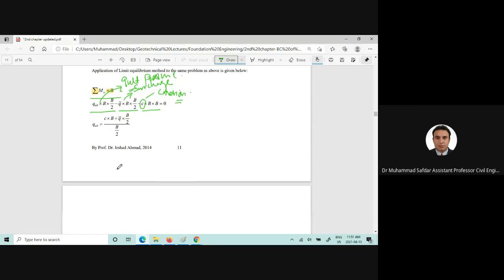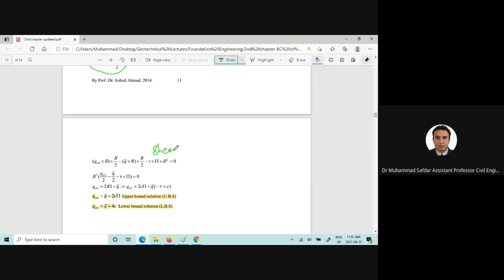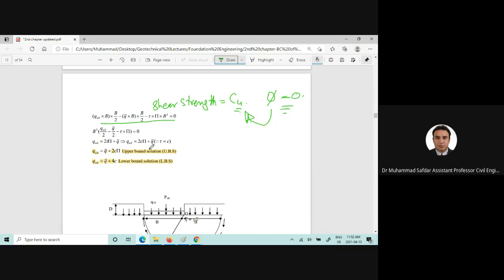So if we simplify that equation, we will reach this equation, and if we add the shear strength of the soil term, which is equal to the undrained cohesion in this case, because phi is equal to 0, we are assuming a very simple case. We are going to discuss in Terzaghi's theory in detail how we can consider both of these. So if we simplify this equation, we will again come up with a solution related to the ultimate bearing capacity of q bar plus 2 pi c, which is q bar plus 6.28 c, and for the surface loading condition,